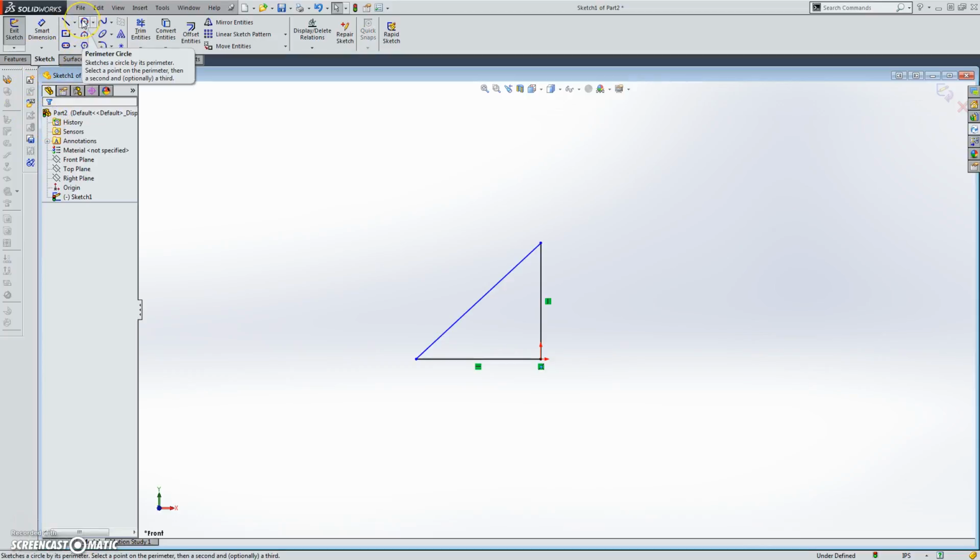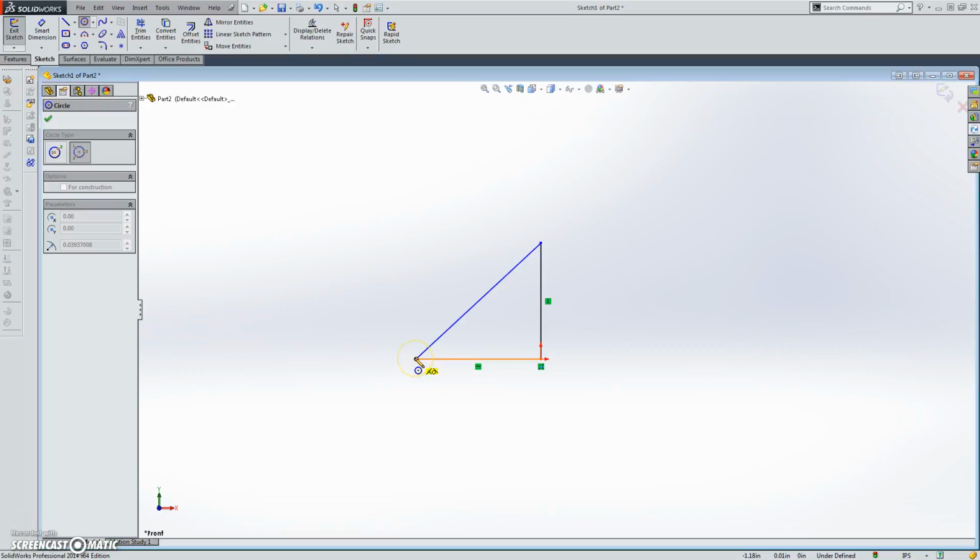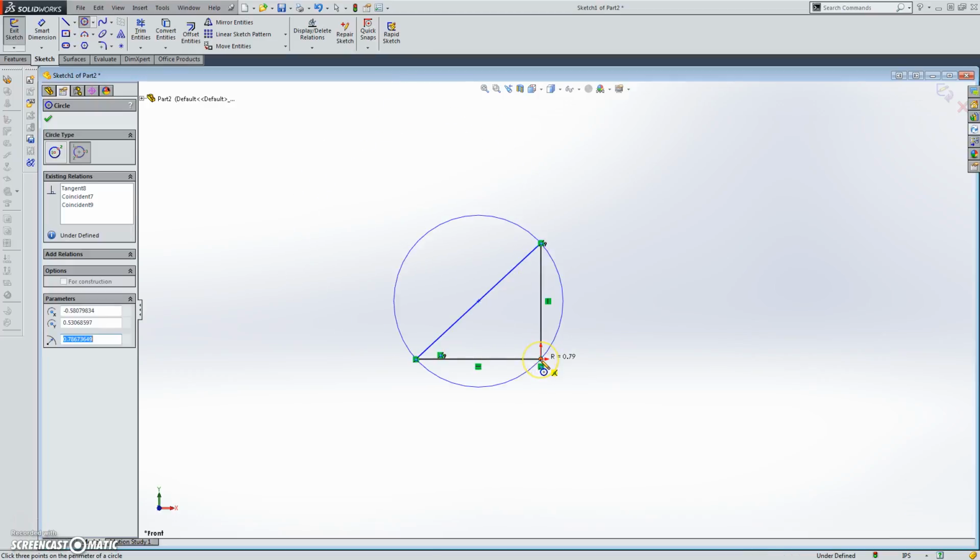Now I want to make a perimeter circle that encompasses all 3 points. So I'm going to first click on this point here, click, and